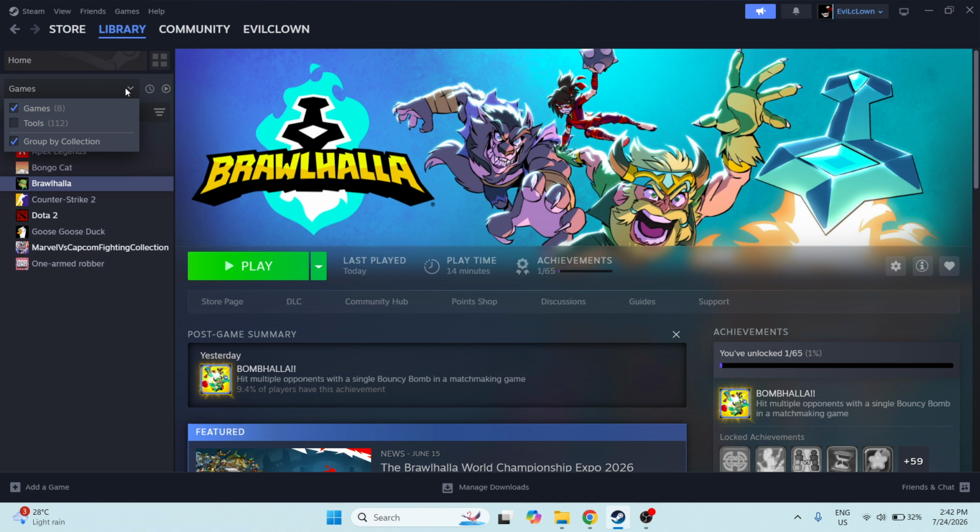While you're here, check whether hidden games are being filtered out from the main library view. Clearing these filters is often the fastest fix, especially if the issue started after browsing, sorting, or searching through your collection. If your game still isn't showing up after clearing filters, the next step is to check whether it was